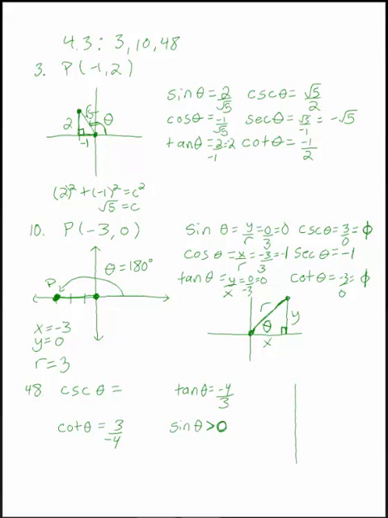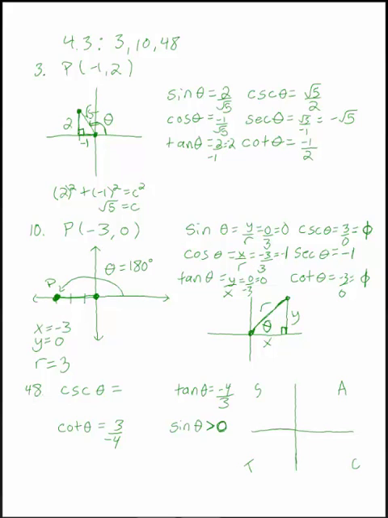So I'm going to put my triangle in the plane here. Now I know that tangent is negative, because tangent of theta is negative 4/3. But I want the sine of theta to be positive, because it says that sine of theta is greater than 0. So I'm going to use a little mnemonic from class that I'll say all the time, ASTC. Just put those markers in the plane. It stands for All-Star Trig Class. It's a saying that's easy to remember, and it's just a mnemonic that lets me remember what functions are positive